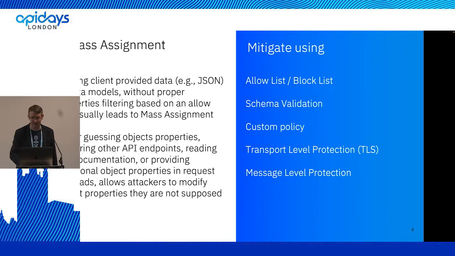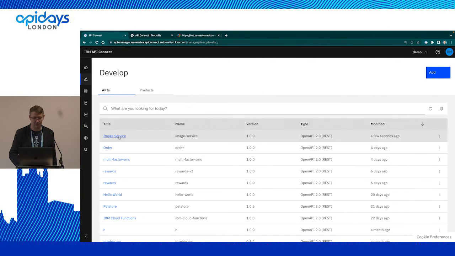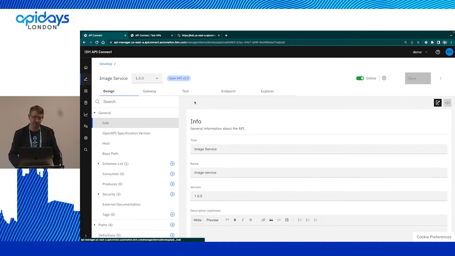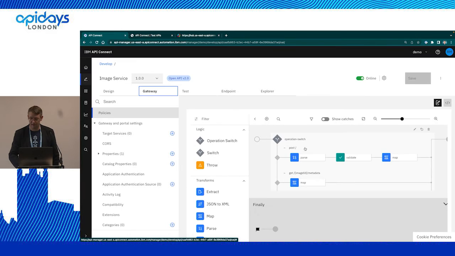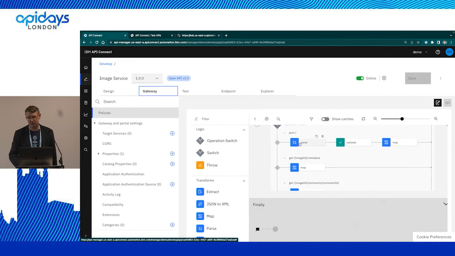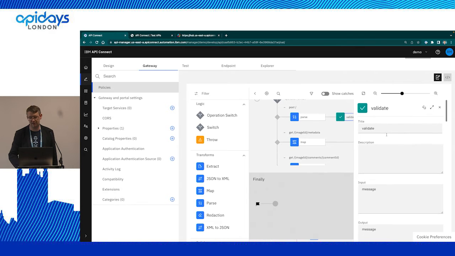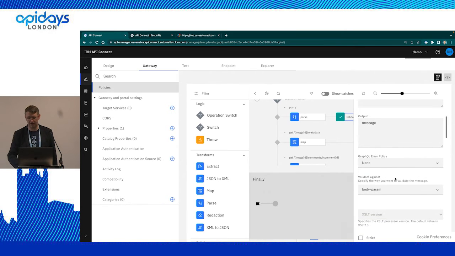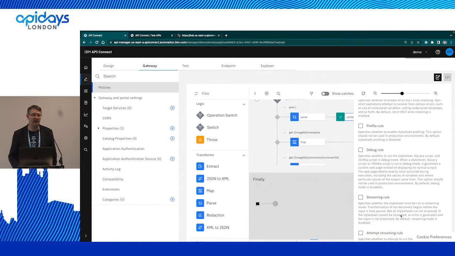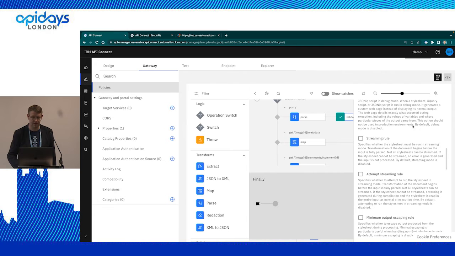Over here on this image service API that I'm using for this, I've got the implementation for posting an image set to initially parse the content that's being sent and then to validate the message against the schema, which I've defined as body param,